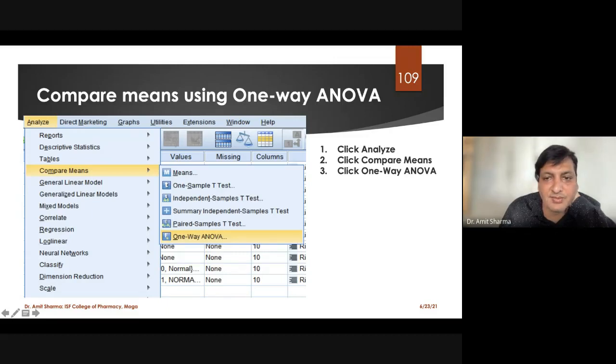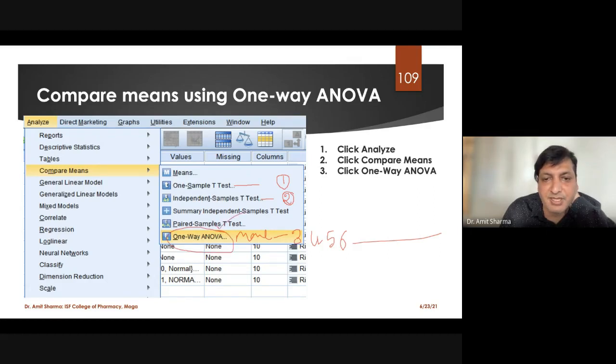As we have done in the last classes, one sample t-test is used for one sample, when you don't have an independent variable, you have only a dependent variable. Independent sample t-test is used for two samples. And when you have more than two samples, 3, 4, 5, 6, like this, to compare, then you go for the test called one-way ANOVA.